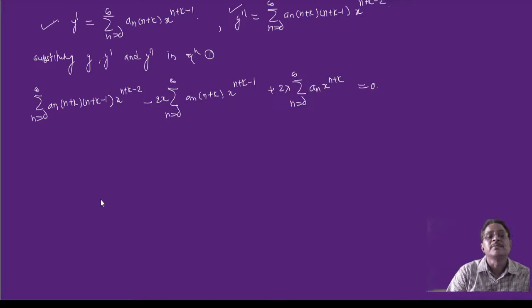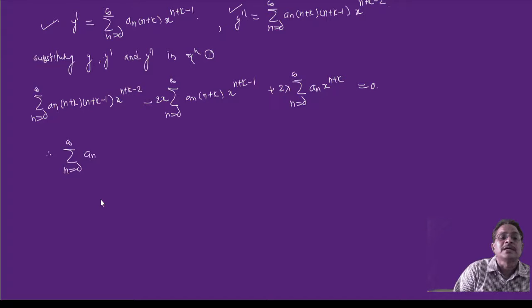Simplify this. I can take this x inside. So this is x raised to n plus k minus 1, and this is x raised to plus 1, that cancels. So this term becomes 2 into summation over n equal to 0 to infinity a_n times (n plus k) into x raised to n plus k. So here x raised to n plus k, this term also contains x raised to n plus k, so they can be clubbed together, and therefore I will get summation over n equal to 0 to infinity a_n times (n plus k) into (n plus k minus 1) as it is, x raised to n plus k minus 2,